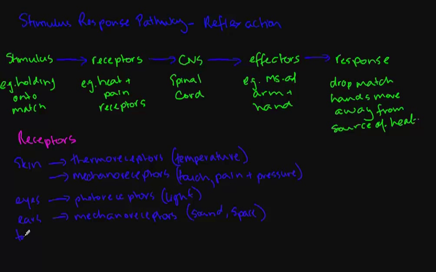Also the tongue. The tongue has a very, very important role in taste. They are chemoreceptors. So they're kind of external receptors that pick up information from the outside. There are internal receptors as well, and they call these